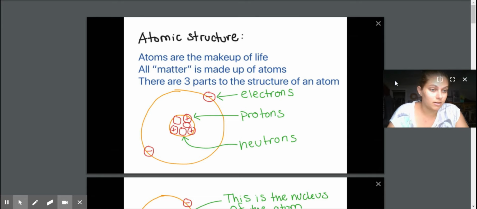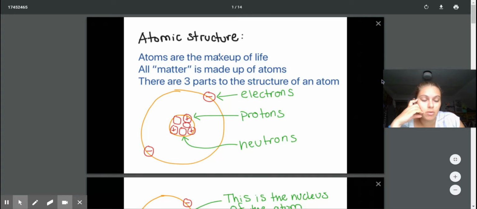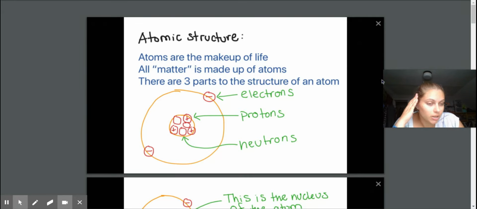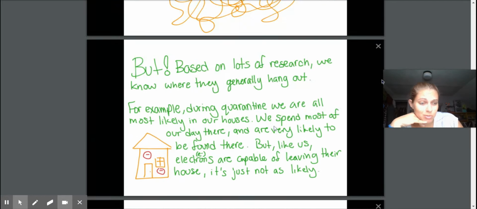Okay, so I figured out how to switch tabs that I'm recording on. So this was the PowerPoint that I created for Atomic Structure and Periodic Table Introduction, Part 1 or Topic 1. And if you guys read through that, which I hope you did,